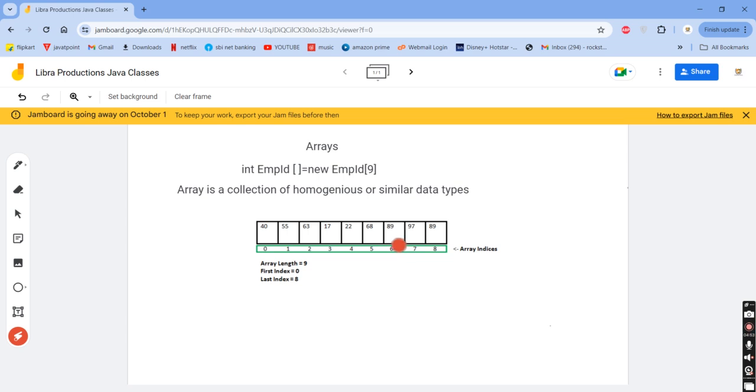Arrays can be used to implement other data structures like linked lists, stacks, queues, trees, graphs, etc. Primitive type to wrapper class object conversions will not happen, so it is fast. Normally if you take separate variables, employee id 1, employee id 2, employee id 3, employee id 4, up to 9 values, whenever you call any of them there are background conversions, but with an array it won't have those,